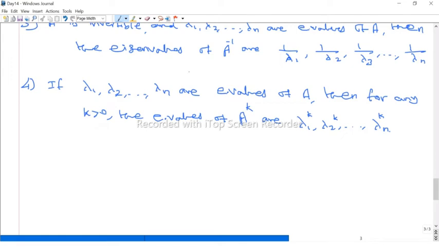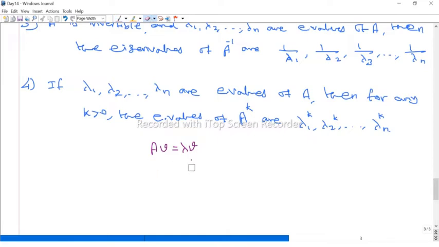Why? This is again a simple proof. Suppose we take one eigenvalue lambda of A; we have to prove that lambda power k is an eigenvalue of A power k. So simply suppose we take Av equal to lambda v. That means we assume that lambda is an eigenvalue, therefore there is some v such that Av equals lambda v. Now apply A k times, therefore we get A power k of v. Better, first apply it one time.